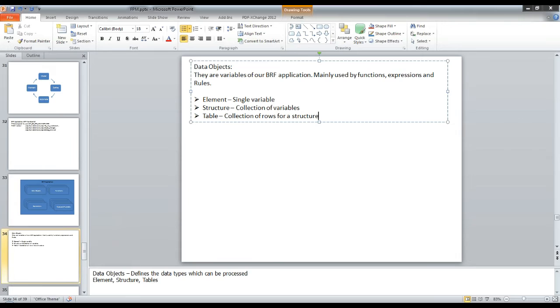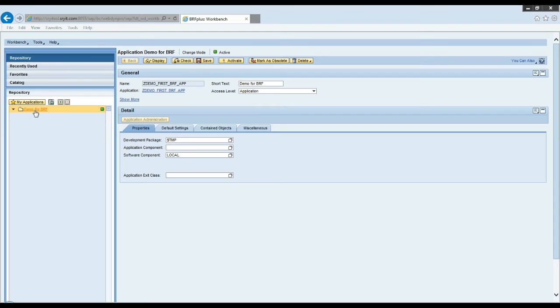Just the way you have data dictionary data objects available in SE11, we have data objects available in VRF. So let me show you how to create a data object. Let me come here, right click here to the application.